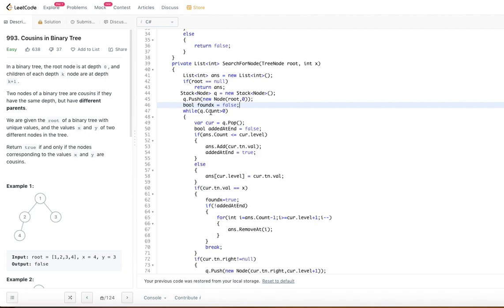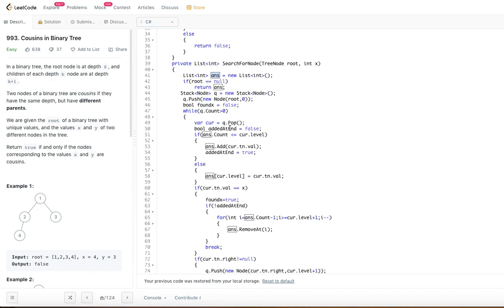And while the stack count is greater than or equal to 0, we pop from the stack and then initialize another variable called added at end. This tells us whether we are adding at the end of the answer list or updating the existing answer list, because we are going through the DFS. If we create one list and keep updating it till we find what we need, we don't need that many lists to do the DFS.